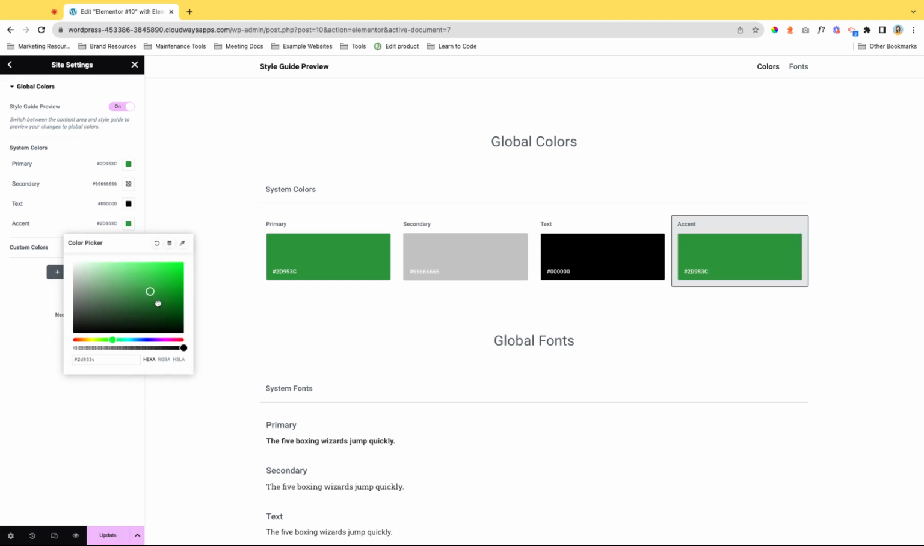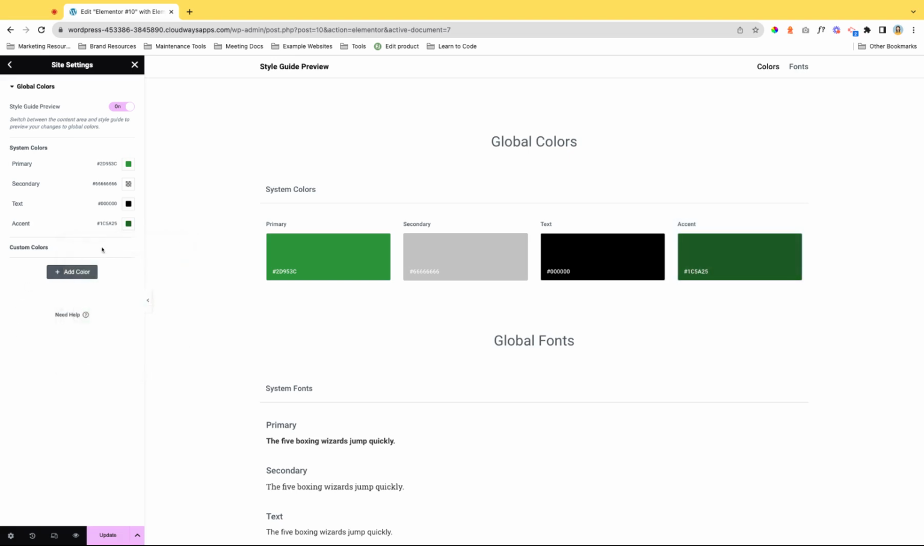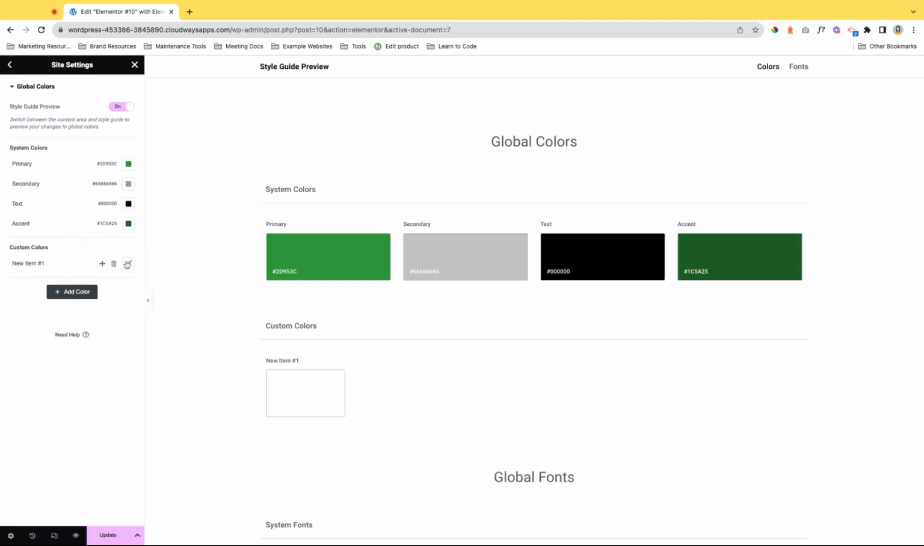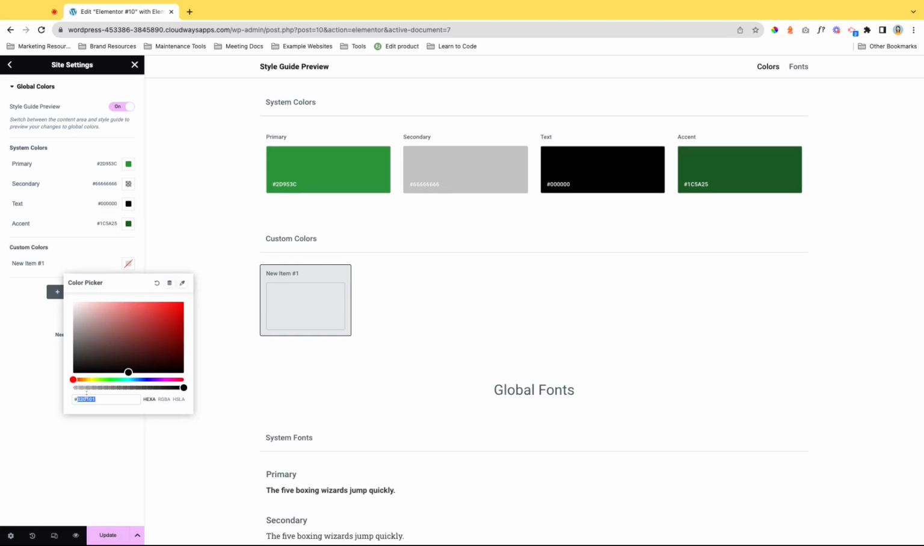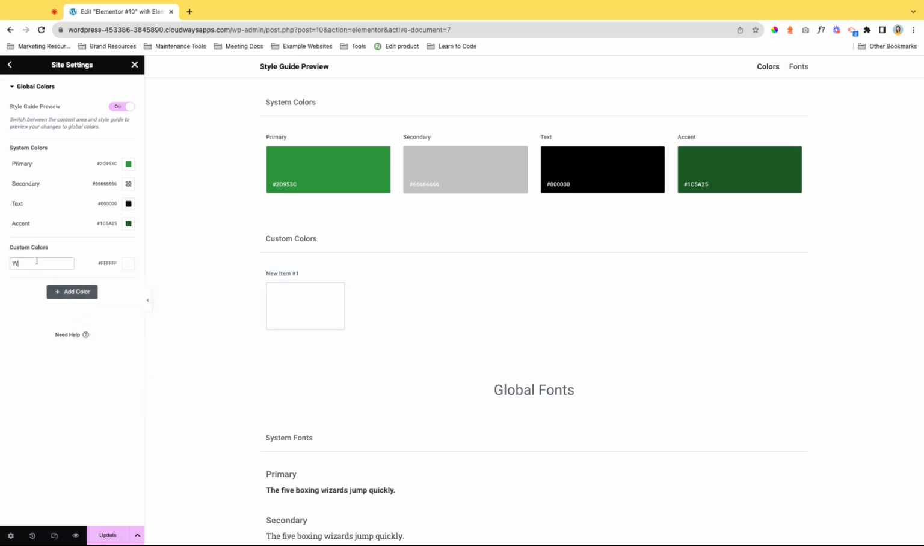If you already have branding colors, this is a great place to just enter them in. Any custom colors, you can just add a color. I like to have a standard white. Okay, and I'm just gonna name that white. Okay, gonna click update,